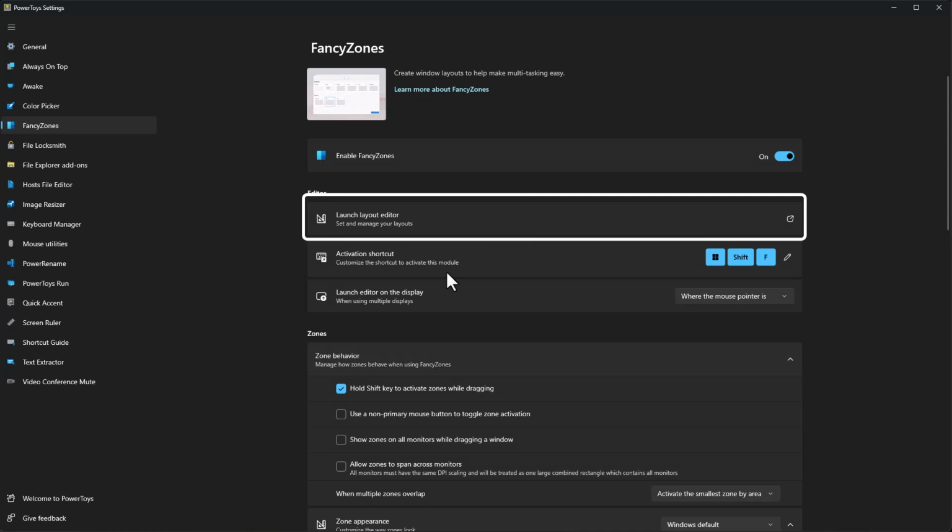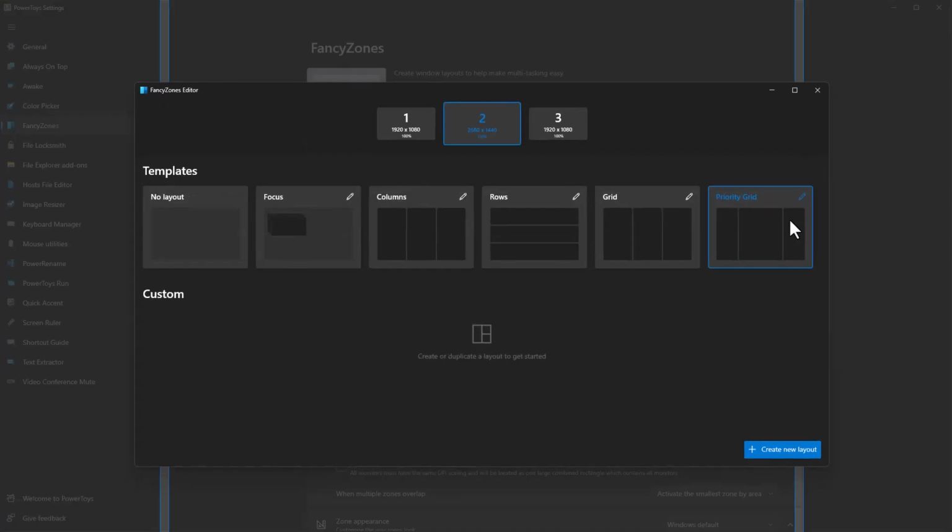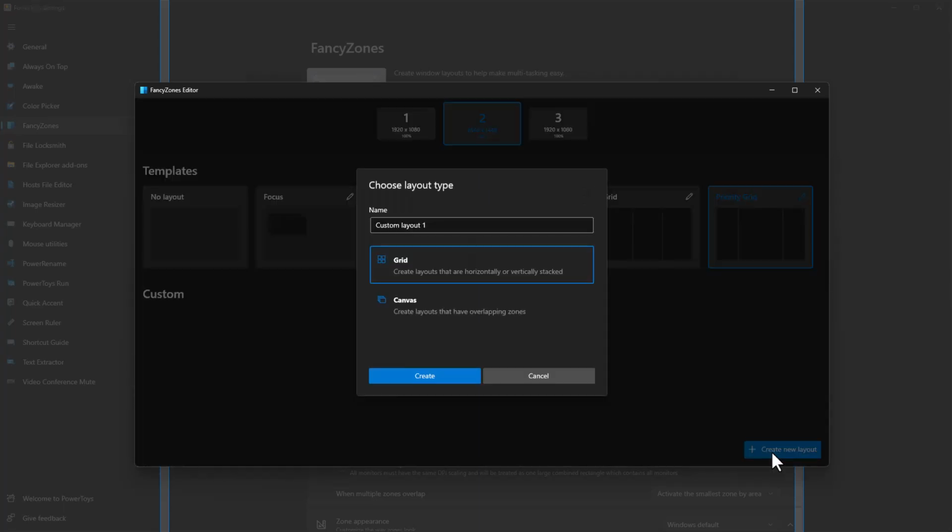To create your own custom snap layouts, start the layout editor. To start, I have 3 monitors, and that's why you can see 3 monitors listed on top of this page. So I can select my largest monitor, which I would like to have the option to create different snaps and then create layouts that work for me. Click on Create New Layout to start.